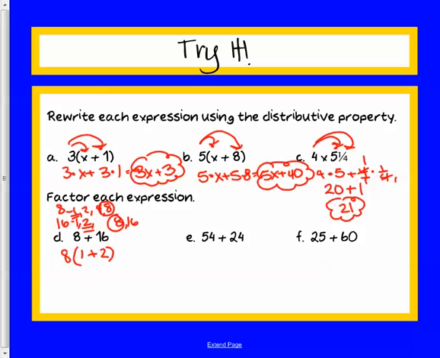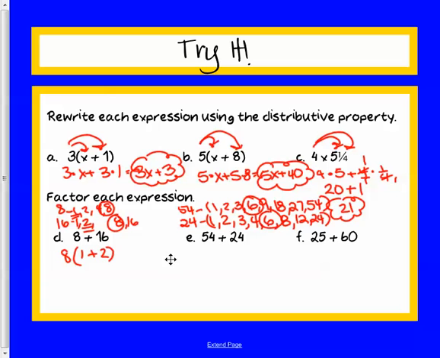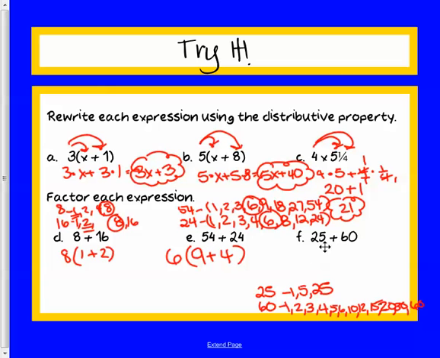54 and 24. In this case, the greatest common factor is 6, so pull that out. 6 times 9 gives me 54, and 6 times 4 gives me 24. The factors of 25 and 60 include 5, so pull out the 5, and 5 times 5 gives me 25, and 5 times